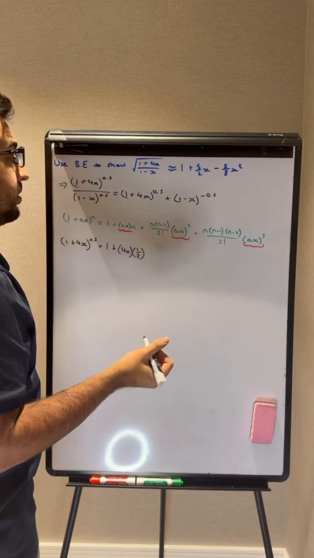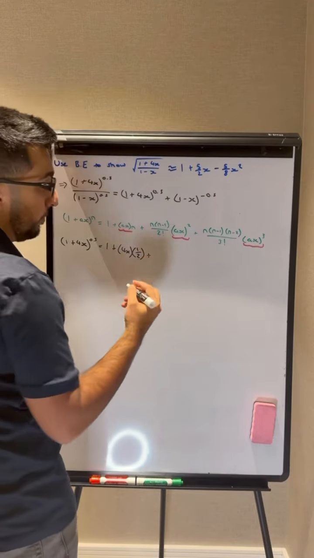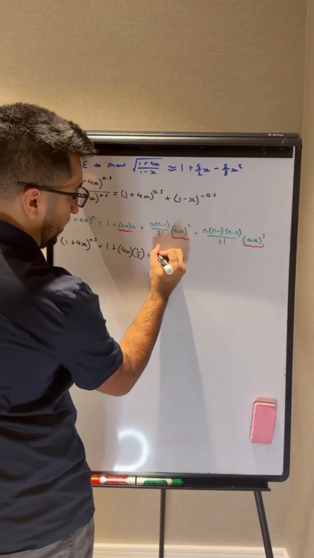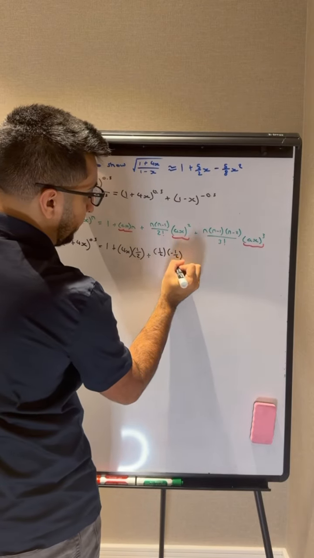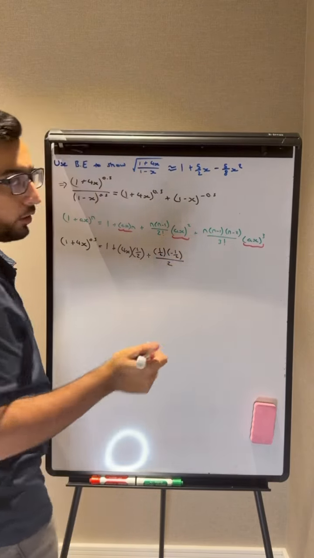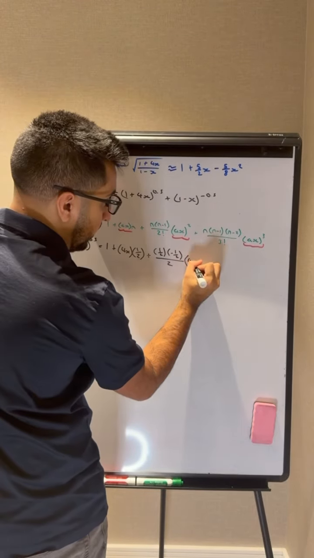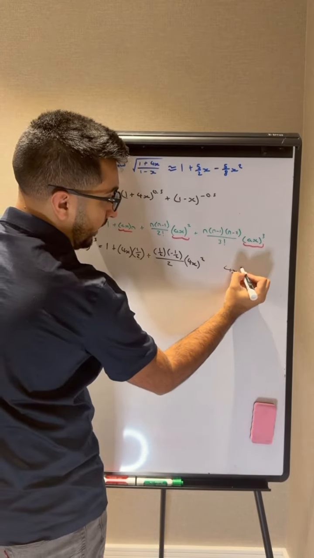If you want to use decimals, go for it, but it probably is harder, but it means you can put it in your calculator a little bit easier. And then we've got n, which is a half, n minus 1, which is negative a half, over 2, because 2 factorial is just 2 times 1. And then here, we've got (4x) squared. If you write 4x squared, you're going to